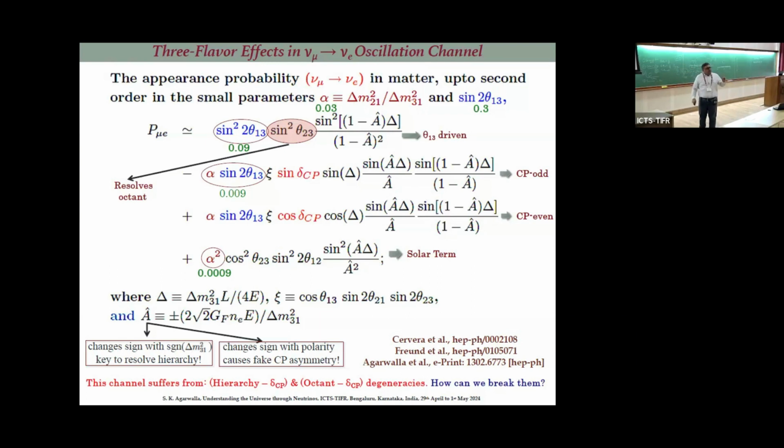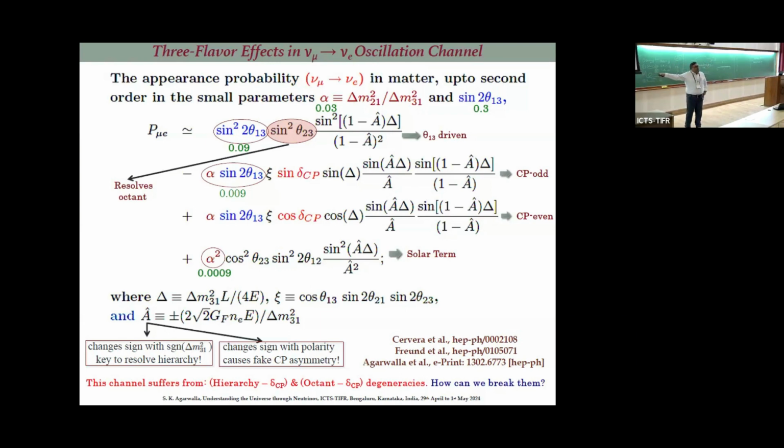Agree? So here I told you that if theta 13 would have been 0, that was the first statement I made today, there will be no nu mu to nu e transition in long baseline experiments. Convince yourself. I am standing. Convince yourself. If theta 13 would have been 0, this is gone, this is gone, this is gone. And what is this term?